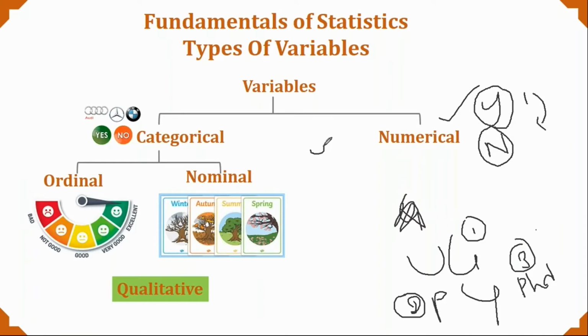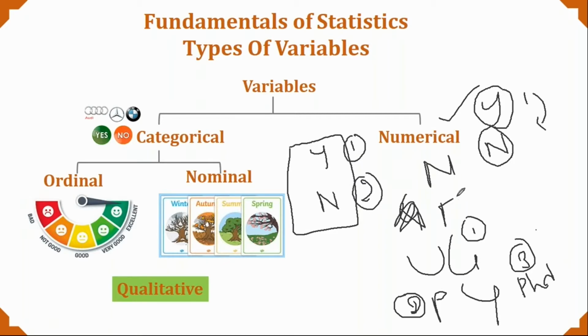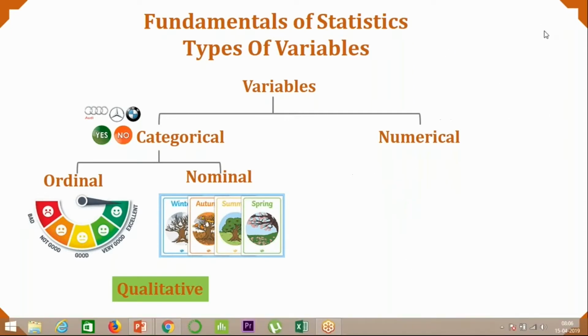As said, if it is yes or no, which one is bigger and which one is not? We don't have an order for this one. If you say this one comes first and this one comes second, no, there is no particular order. If you take male or female, which one comes first? There is no particular order, right? So all the males and all the females are equal. All the yes and all the no are equal. So if there is no particular order in the data, it is called nominal. If there is order in the data, that one is called ordinal, as simple as that.